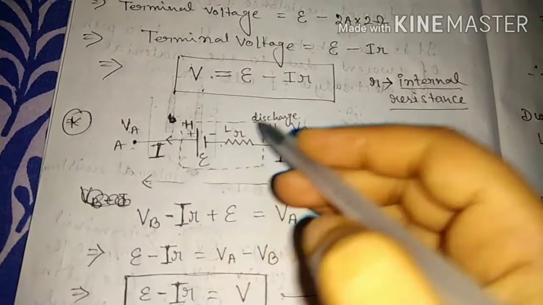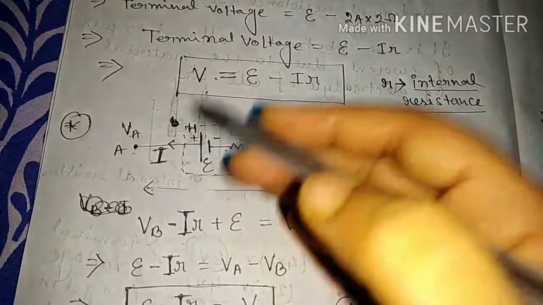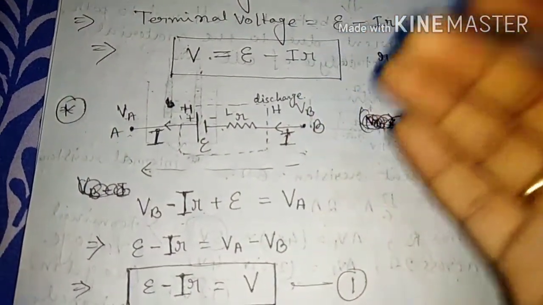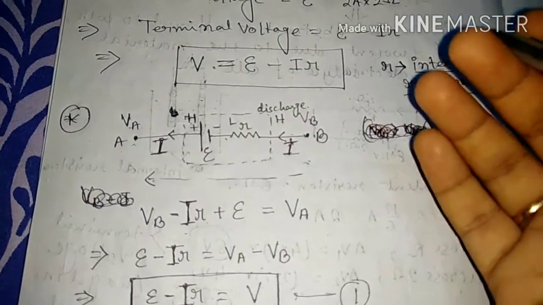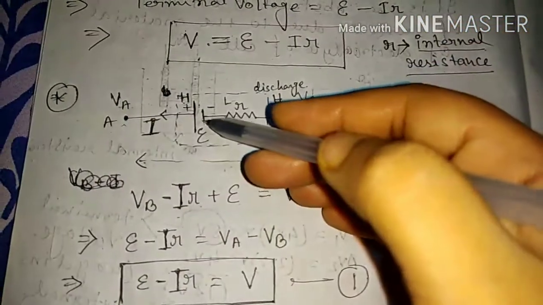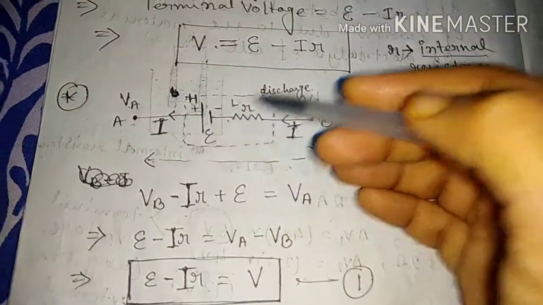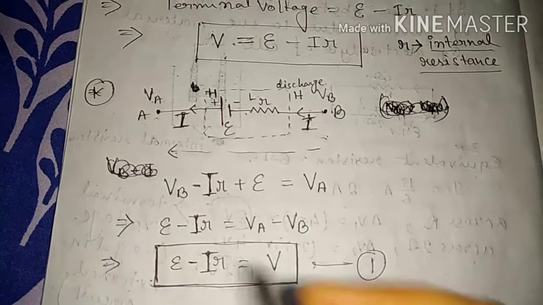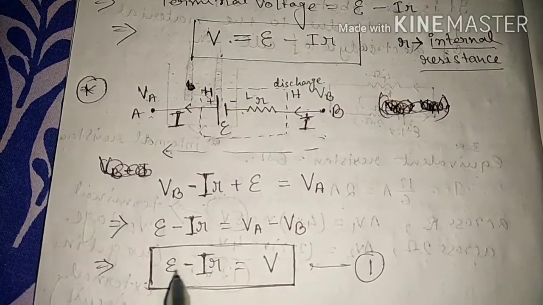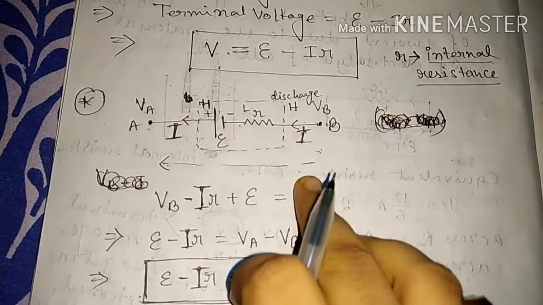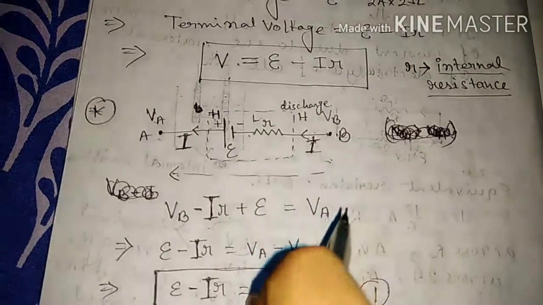So in this case, charge will discharge from the battery. And in some cases when we study Kirchhoff's law, in some problems also, when the charging process is there, the terminal voltage is greater than the EMF, then this equation is written as E plus IR, that is equals to V. This is for discharging purpose.